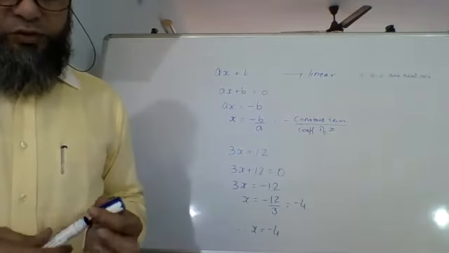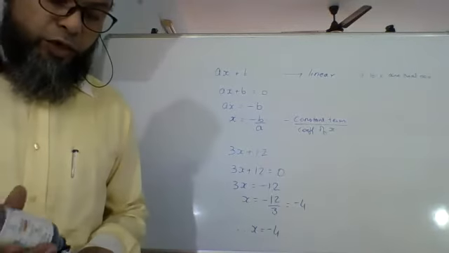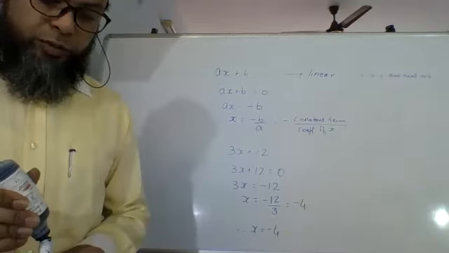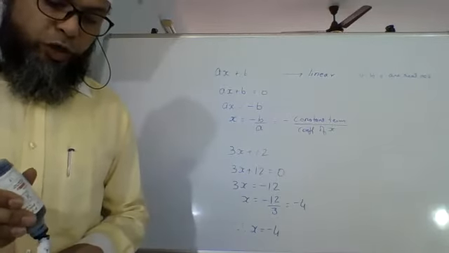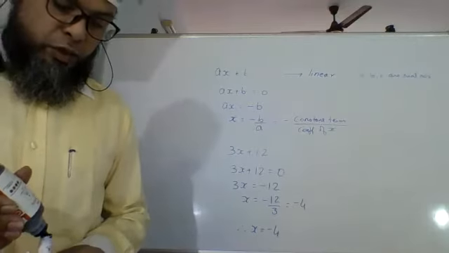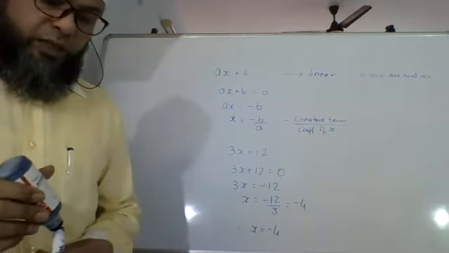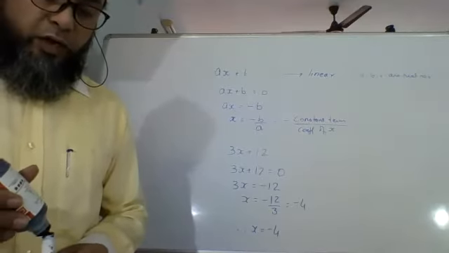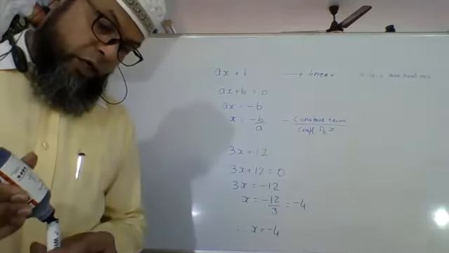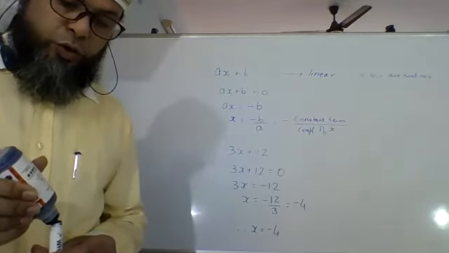So to find the 0 of the polynomial, whether it is a linear polynomial, a quadratic polynomial, or a cubic polynomial, the first step is to equate it to 0 and then solve it. Now, sometimes it is very simple like this. In case of quadratic, of course, we are going to do that chapter in detail. At that time we are going to learn the method of how to find the zeros. But just some things that you should know.